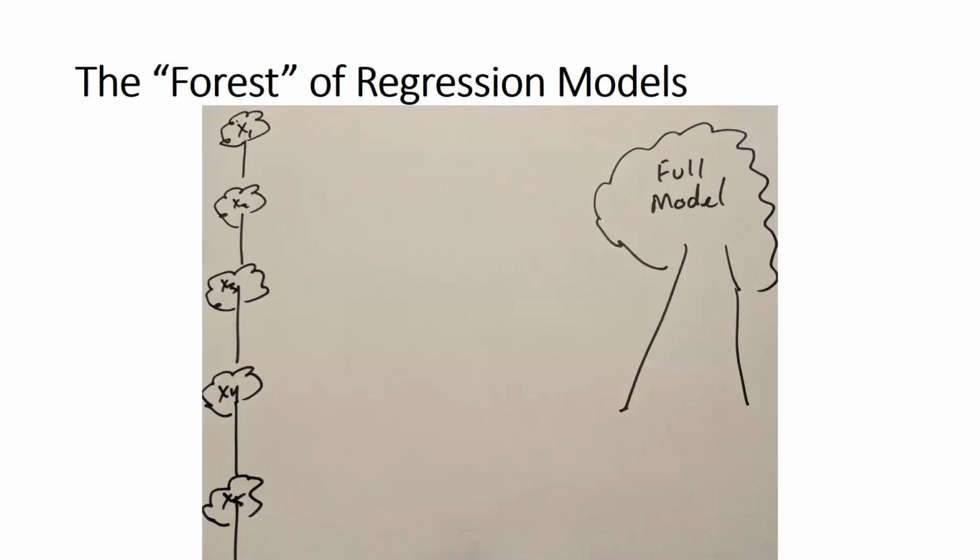So on the left-hand end, if you want to consider it the west end of the forest, there's a series of trees, and those trees represent univariate models. Each one of them is based on one of the x variables. So for example, x1 would be age, but there's 5 of them in this case. So there's basically 5 trees, if you want to think of that as 5 entryways into this forest. And then the other end of the forest is something that you might call the full model. That's the model that I actually fit for the multiple regression. It has all 5 of the independent variables.